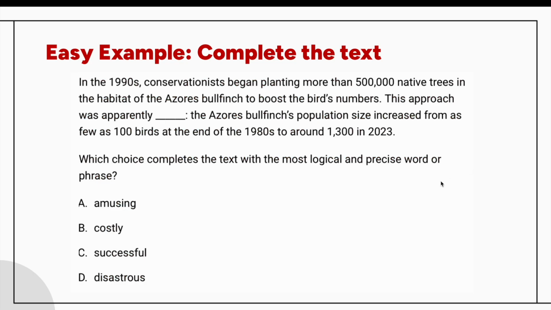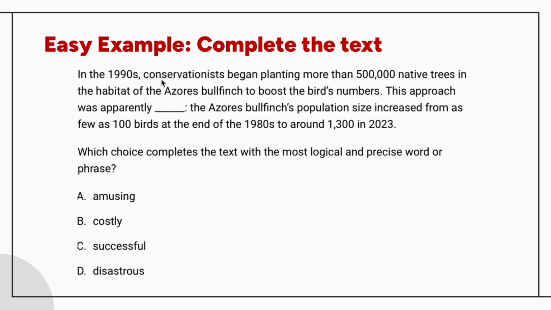In this easy example, the passage reads, "In the 1990s, conservationists began planting more than 500,000 native trees in the habitat of the Azores bullfinch to boost the bird's numbers. This approach was apparently blank. The Azores bullfinch's population size increased from as few as 100 birds at the end of the 1980s to around 1,300 in 2023." So here we can identify the purpose is to discuss a conservationist plan to increase a bird